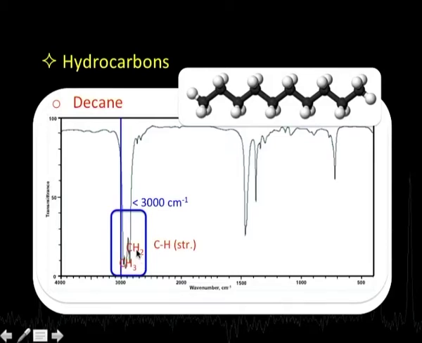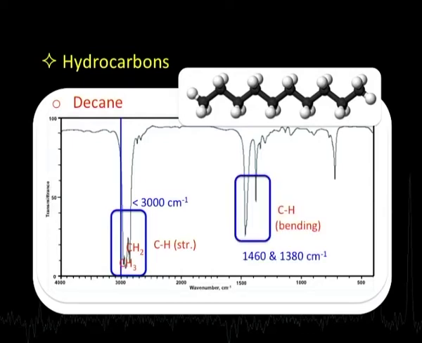As marked over here, we will have CH2 stretching here and then CH3, the terminal ones, over here. So, this is a region where we expect hydrocarbons to show their stretching frequencies, that is the CH stretching. That is one very characteristic feature of hydrocarbons. The second thing we have to look forward to is